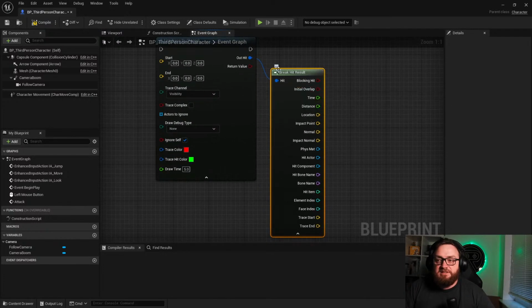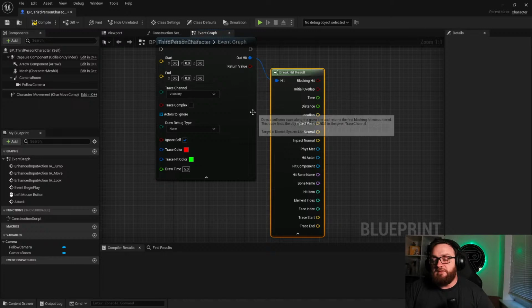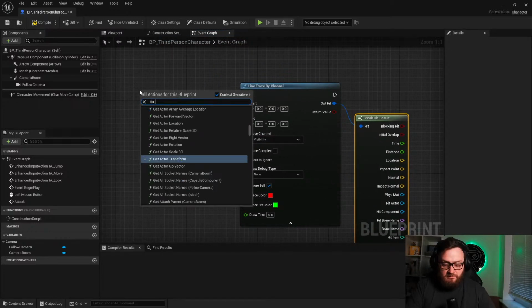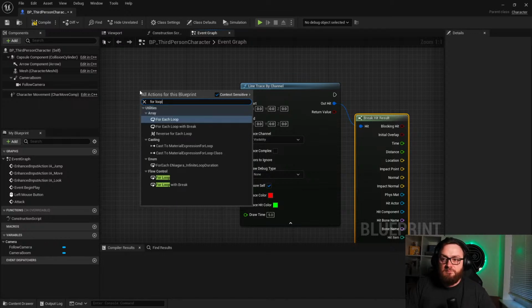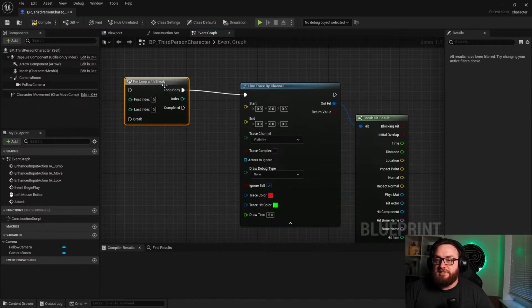When you are sending a hit trace with a line trace with a sword, it is tricky because you're probably doing this like a for loop. What you want to do is use a for loop with a break. So you go loop body there,